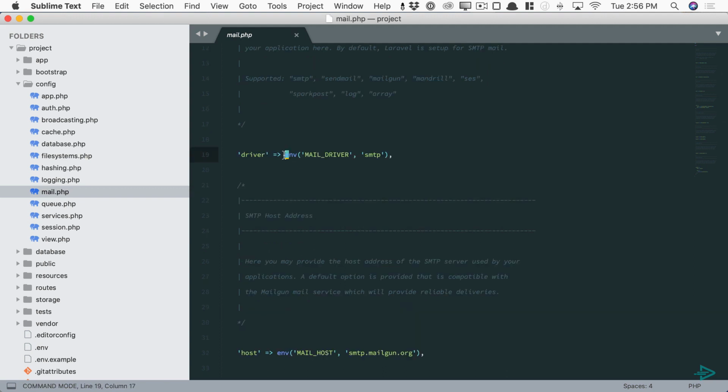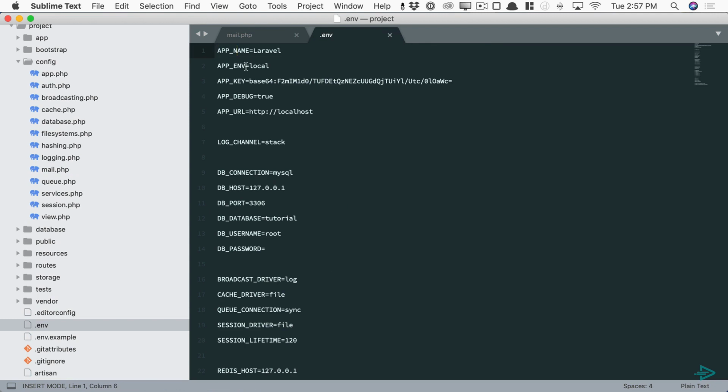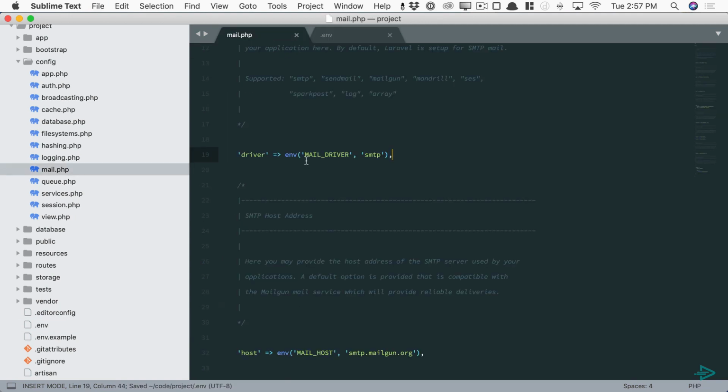Now, you'll see in most areas, the configuration file reaches for this helper function called env. This is reading from the PHP environment superglobal. So here's the way it works. When the framework loads up, it reads your .env file. Then, all of these keys are loaded up and stored within that superglobal. Now, your environment function simply provides a helper for reading that and providing a default on the condition that there